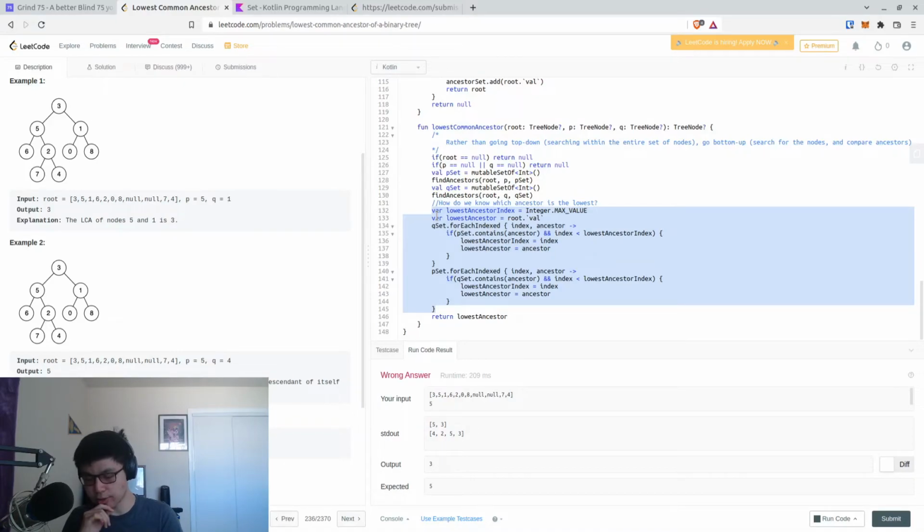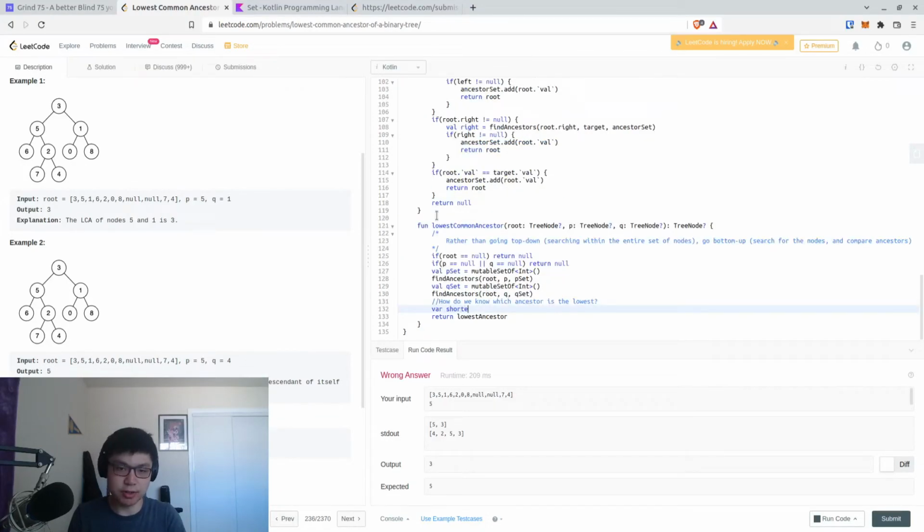Because if an answer is guaranteed to exist, that there must be an ancestor between them, then it should come up first in the shorter set, I think, no matter what. So we can sort of get rid of this logic, and we can say var shorter set is equal to, if pset.size is less than qset.size, then we select pset, else qset. Then shorter set.for each